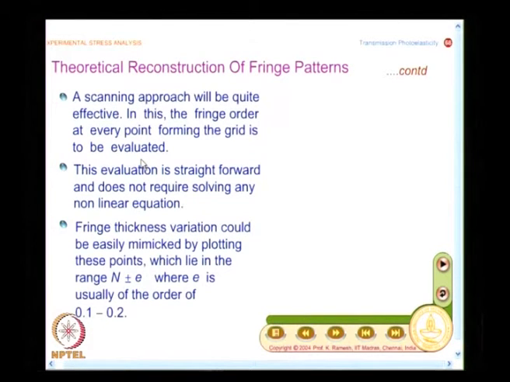For us, the scanning approach is not the right way to do. Scanning approach would be boring and time consuming. After 2-3 calculations you will say forget about it. A computer will not do that and it will faithfully follow what you say. So, we have already seen that an image can be identified as an assembly of pixels. So, if you bring in that pixel level of scanning and plot it, you will get fringe contours which are continuous.